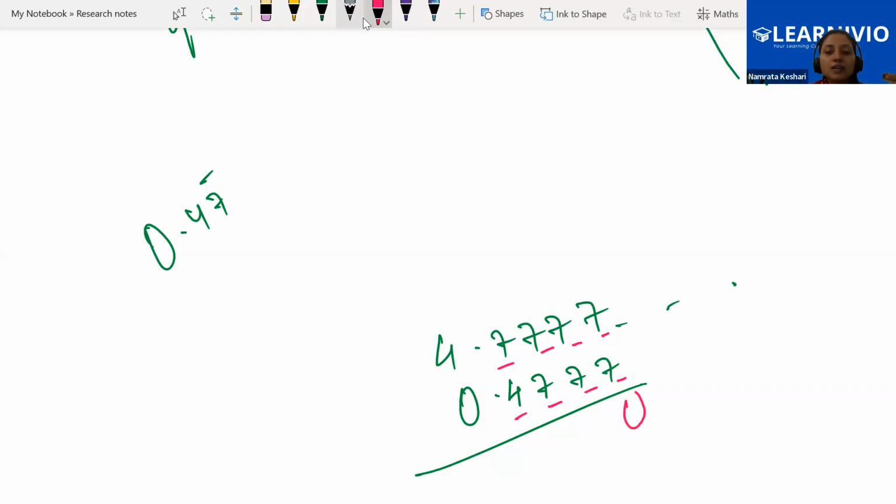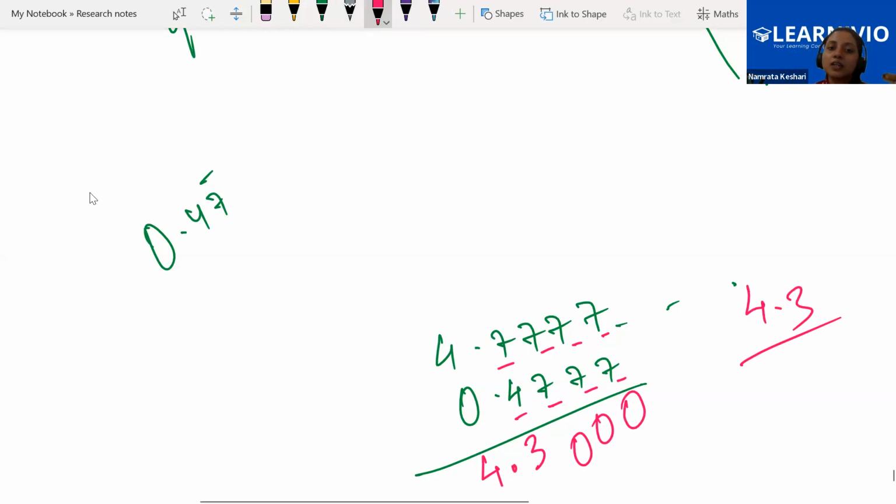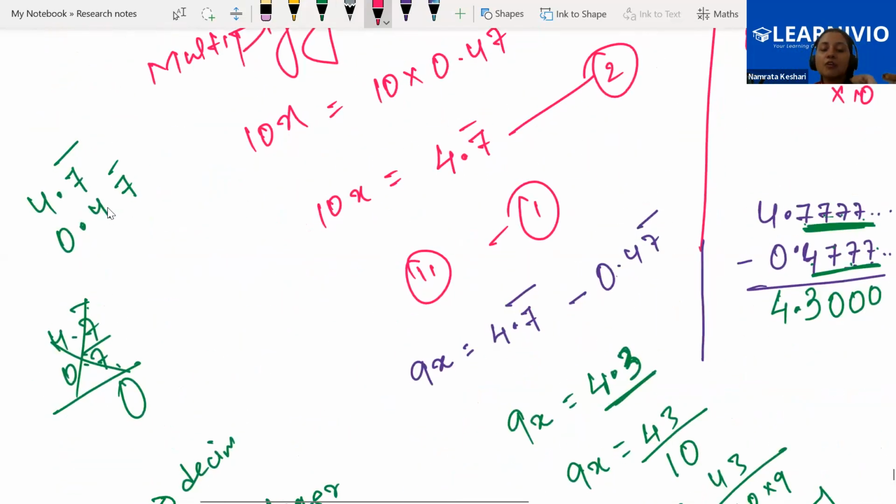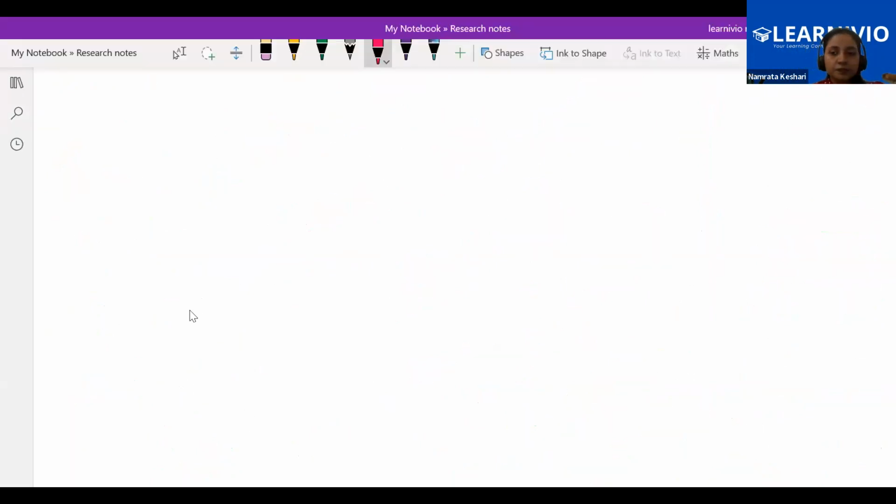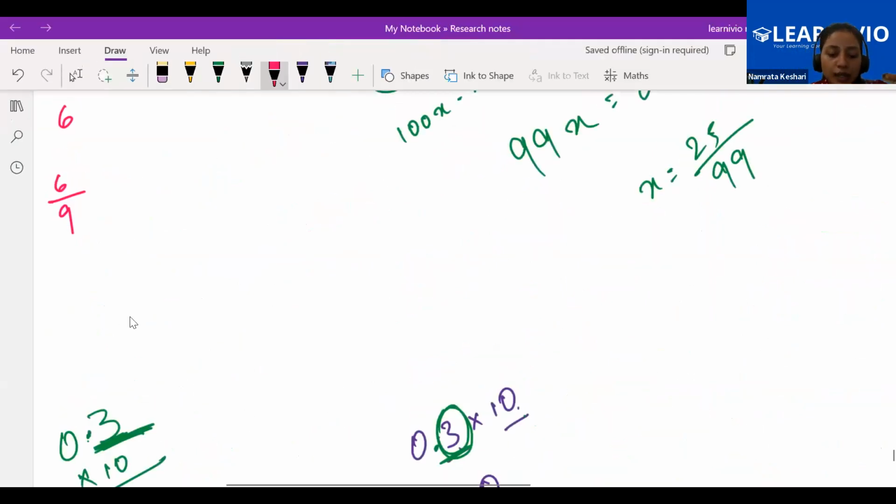Now you will realize 7 minus 7 0, 7 minus 7 0, 7 minus 7 0, 7 minus 4 3, and you are having just 4.3. Is it crystal clear to both of you? Yes, ma'am. And once you are done till here, then you will be able to write it in the form of P by Q. Yes or no? Yes. Now the next concept, that is